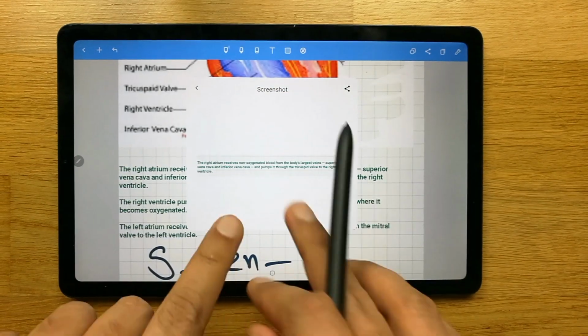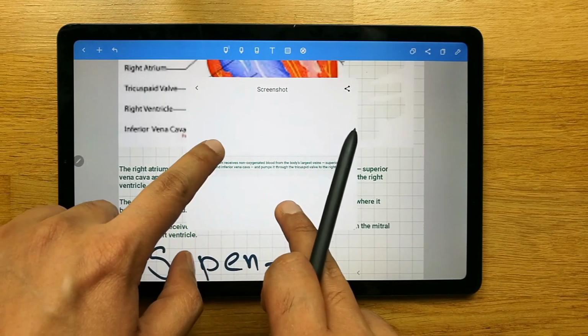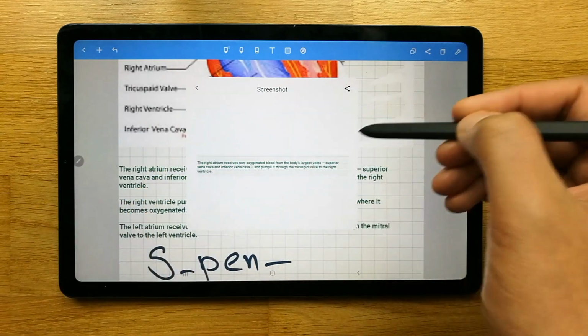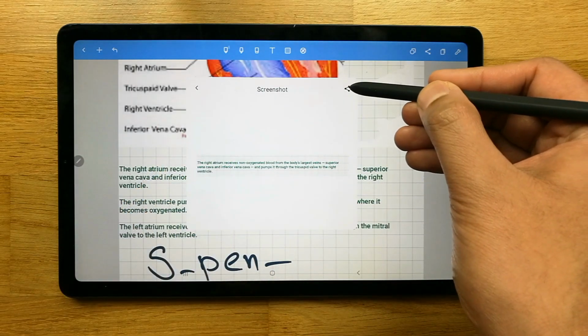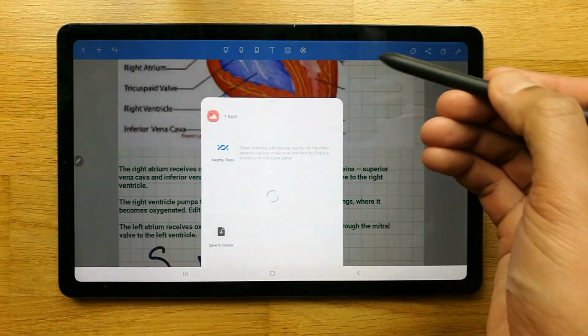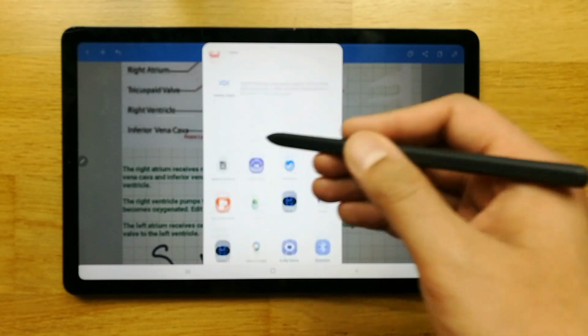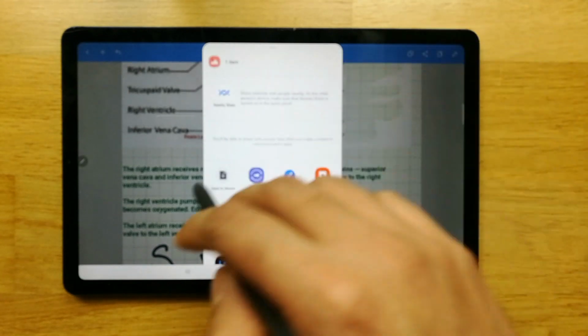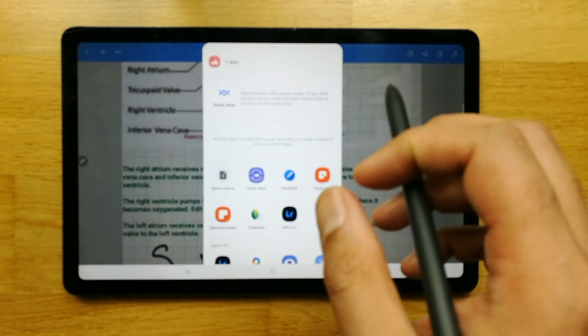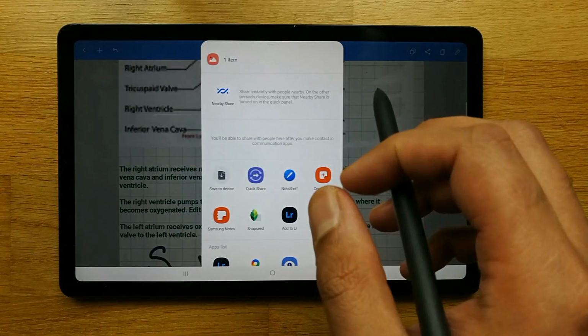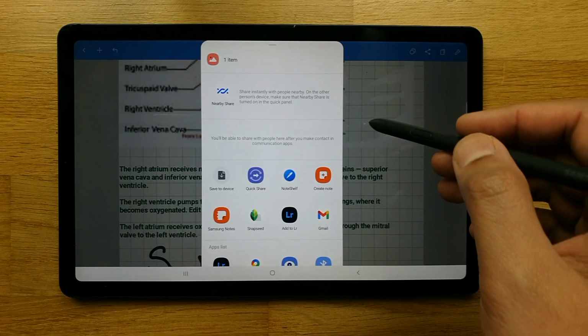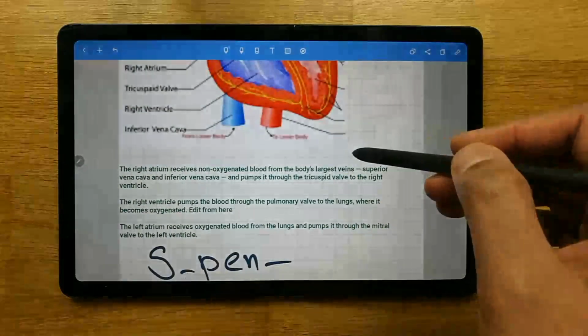Once I select it, you can see it brings me a new window over here, and from here I can share it to any platform, any app that you want to share to. There are a lot of options. Wherever you want, Facebook, Gmail, you can share that certain text, guys. So this is really helpful for your note taking, as well as if you want to share something from your notes.